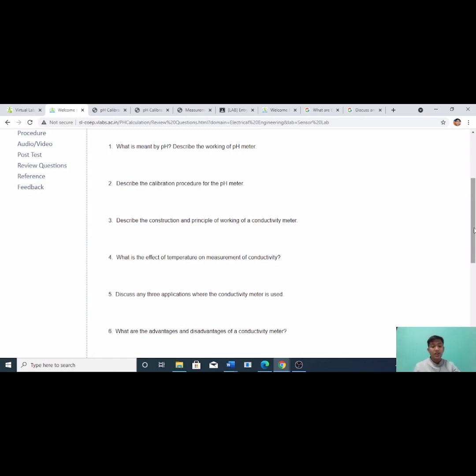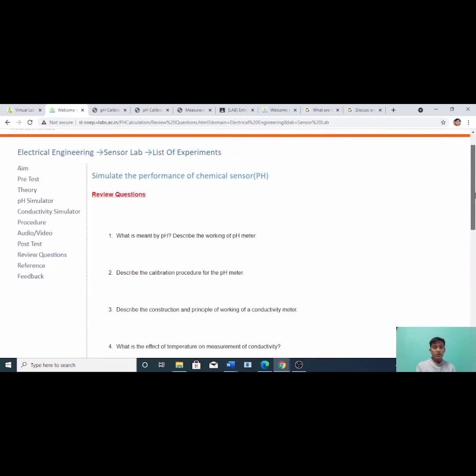So, number 6, what are the advantages and disadvantages of a conductivity meter? Reliability and repeatability are excellent. The principal drawback of conductivity is that it is a non-specific measurement. It cannot distinguish between different types of ions, giving instead a reading proportional to the combined effect of all ions present. So that's it for the 6 review questions. So thank you and